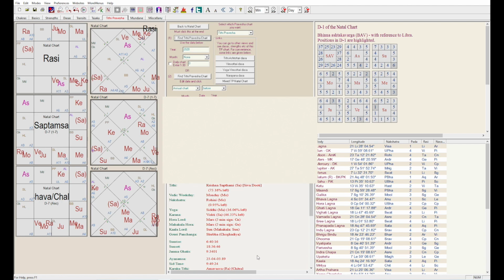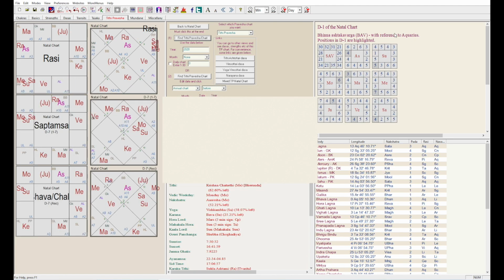I will be analyzing the annual chart of the time period of conception and the annual chart of the time period of the actual delivery. Opening the first chart. This is the chart of a male, and his wife conceived in the annual year of 2019. I'm sorry, not 2019. Annual year of